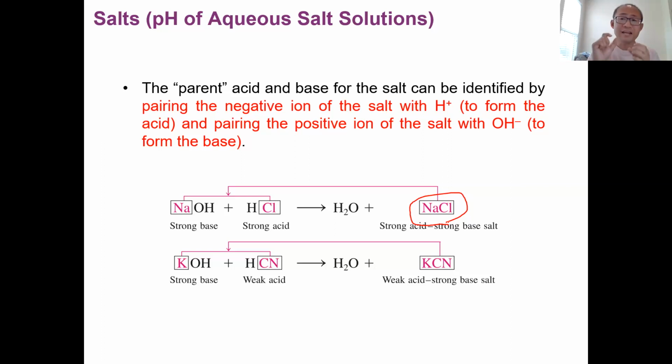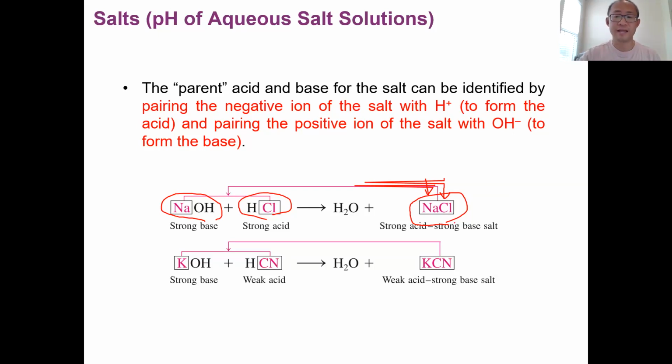So that means you can actually write the formula of the acid and base where the salt came from based on the formula of the salt itself. Because sodium is from the base, the positive ion, so we add OH for the sodium, we get the base structure, NaOH. And chlorine is from the acid, so we add H to the chlorine, we get the acid, hydrochloric acid. Okay, hydrochloric acid. So again, looking at the salt, you actually can tell what base and acid this salt is